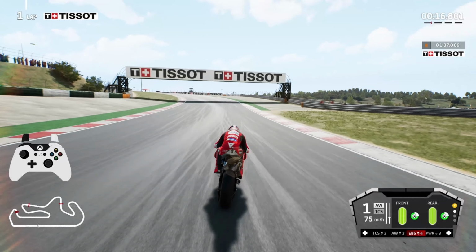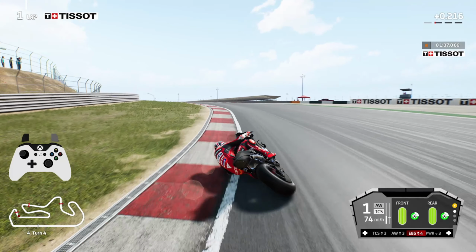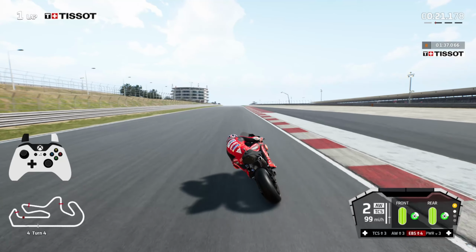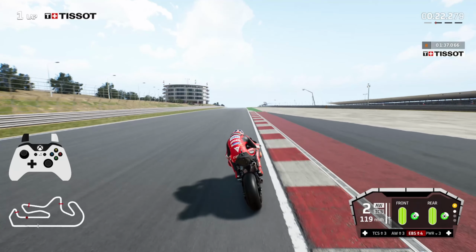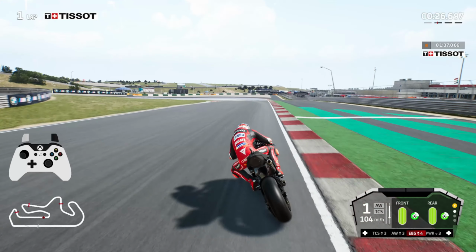Again, just on to change direction, a small bit of rear brake for stability. Then on exit of this corner, because it's going up a hill, the rear likes to spin. You just want to keep the front down with a small bit of rear brake. And you can see, look, just flicking on and off just to maintain forward motion. You can see here now again, just using the rear of the bike to get slightly wide so that